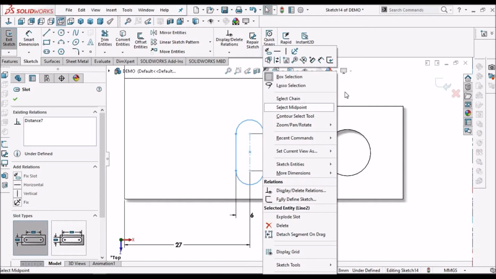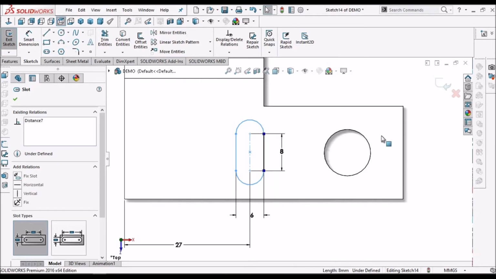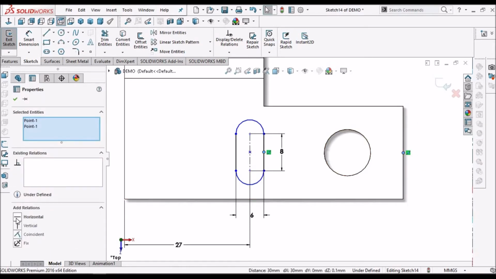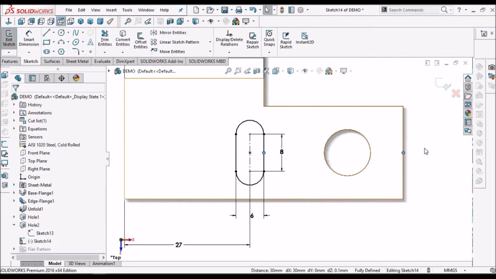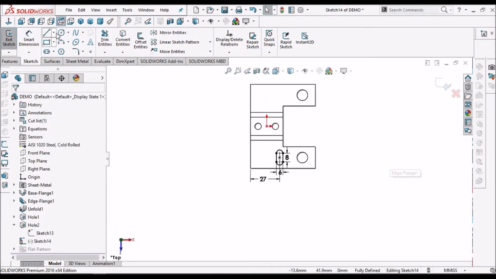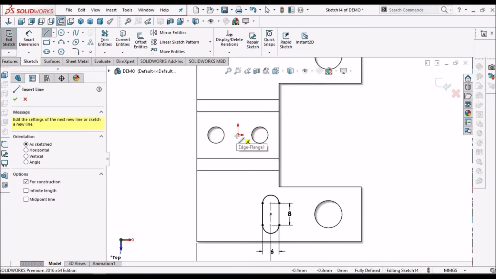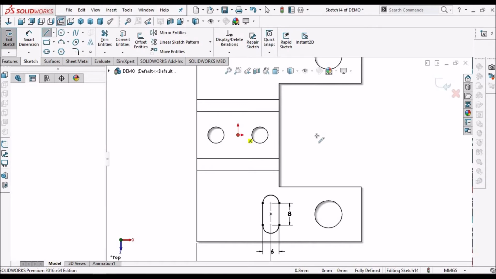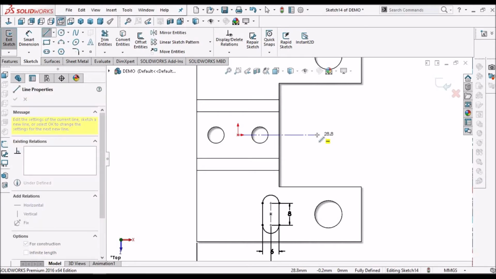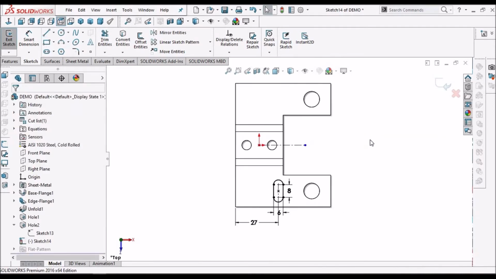Select this line, right click, select midpoints and make it horizontal. Draw center line.